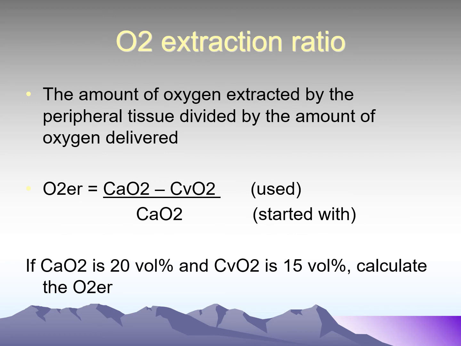Okay, so now we're looking at the oxygen extraction ratio. This is basically looking at the amount used compared to what is started with, so the ratio between the two. In order to calculate that, we take the CaO2 minus the CvO2, get that value and divide it by the CaO2. So for example, if we're working with the numbers of 20 and 15, we take 20 minus 15 equals 5, divided by 20. It's 0.25, times 100 is 25%,